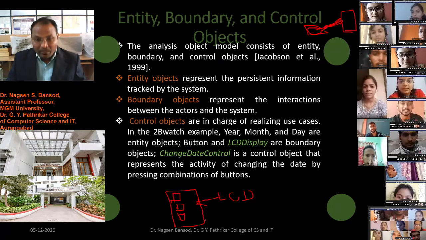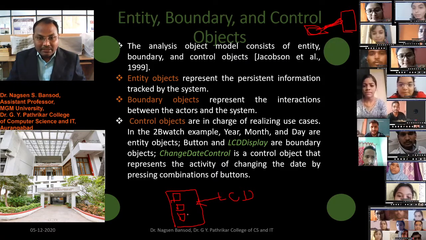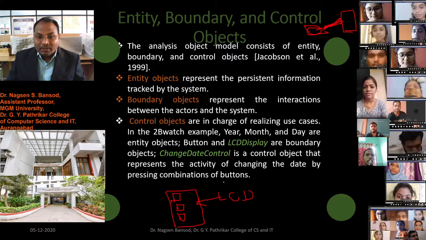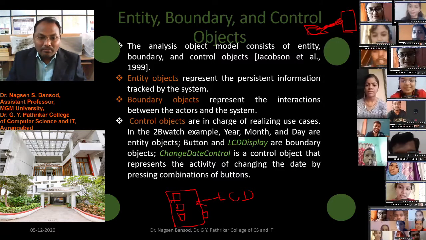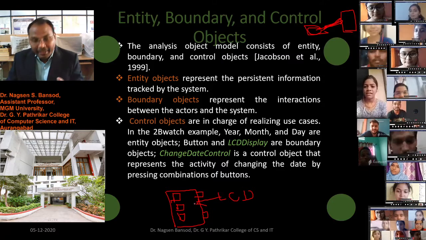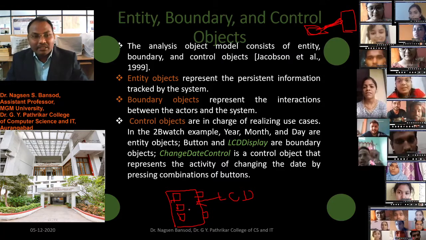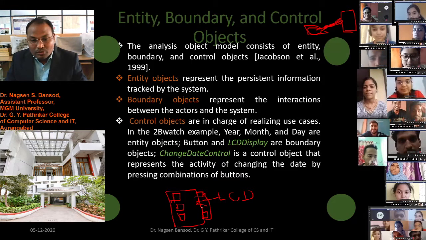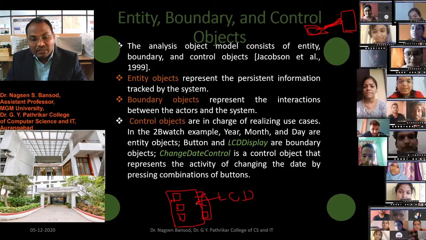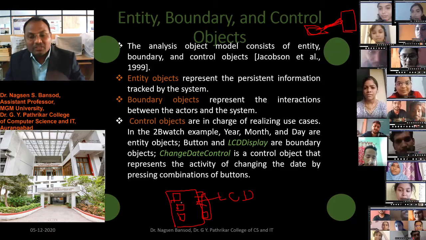And to change this information, change date is a control object. There are buttons to set the time, the month, and the year in the watch. So these are the controls required by this LCD for doing this entity change.